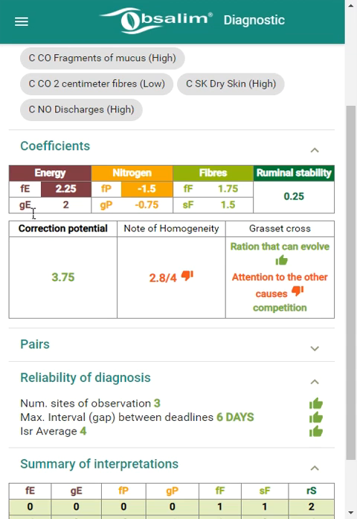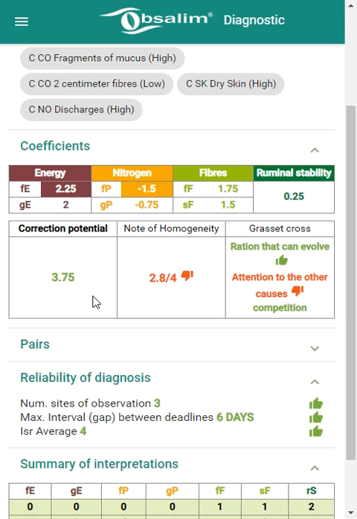In this case, we can note that we have a very small difference between the two, which is already an interesting result. The color boxes show you the surplus and the limiting factor. In this case, the limiting factor is the fermentable nitrogen, which is necessary for the bacterial activity. And this fermentable nitrogen, which is missing, prevents a complete transfer of energy between the rumen and the cow.